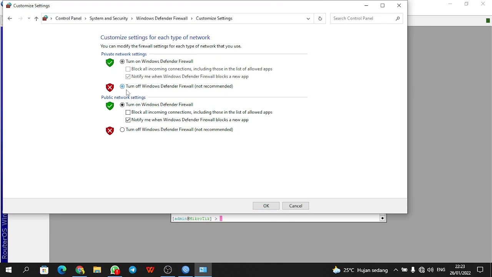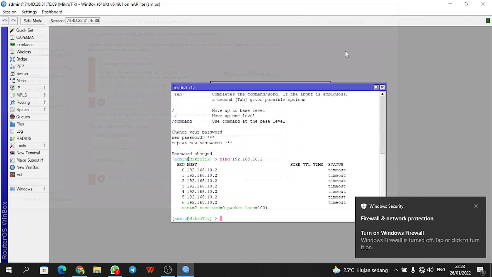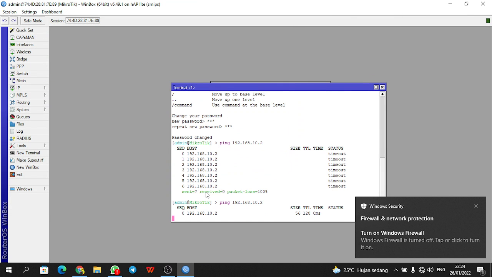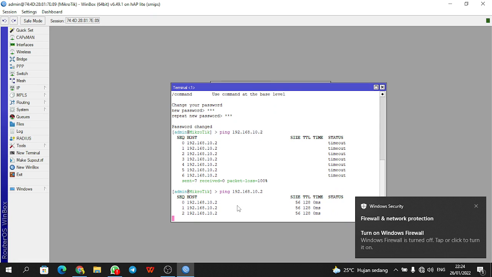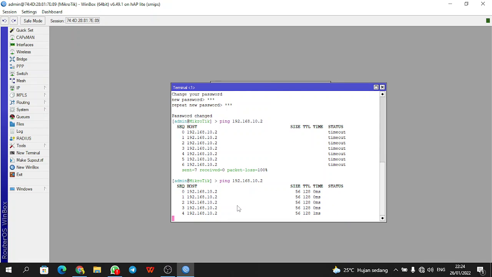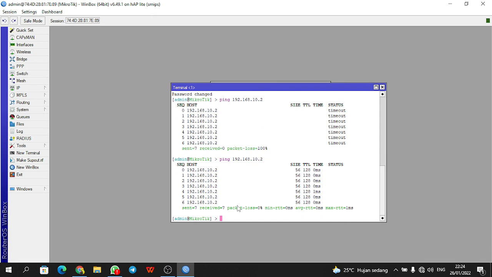Click on turn off, and you can click okay. You can check. Okay, the MikroTik and the PC client are now connected. After success, we can continue to the next step.